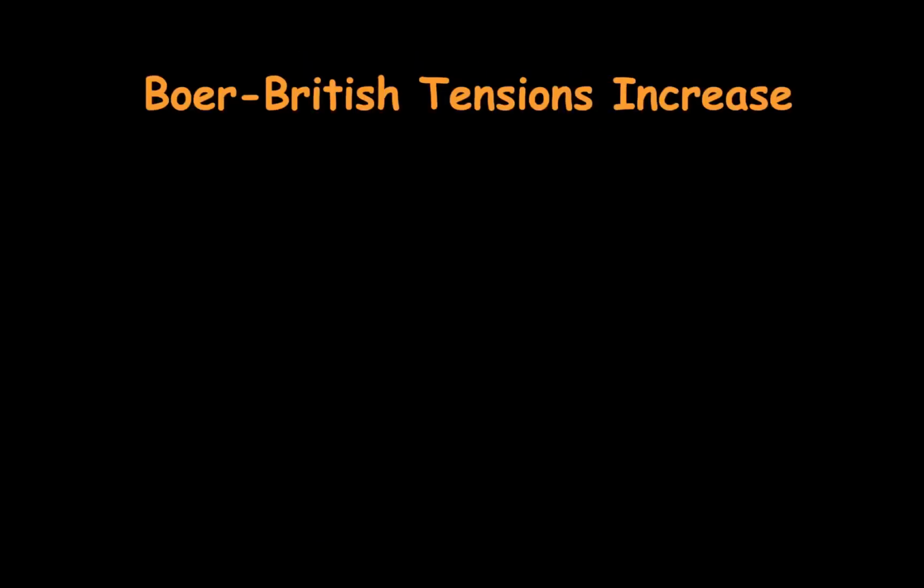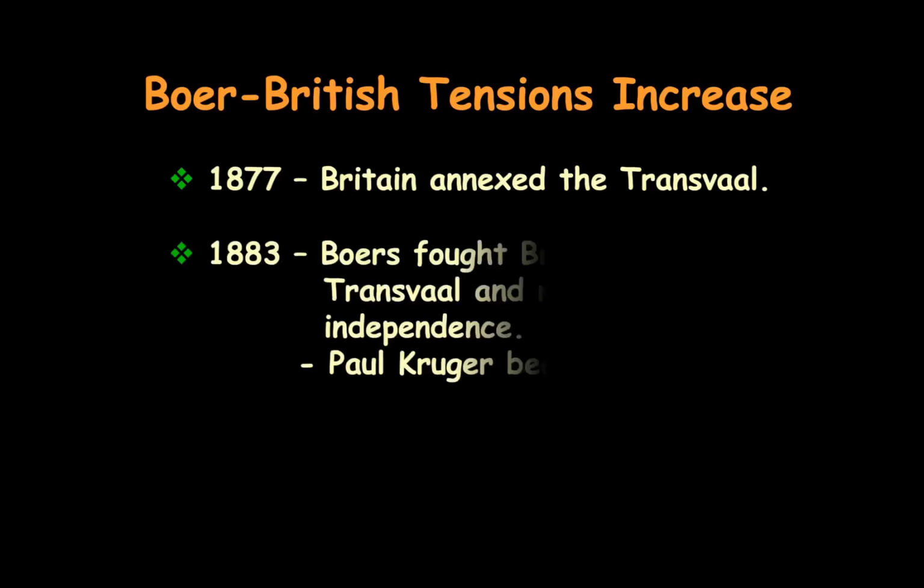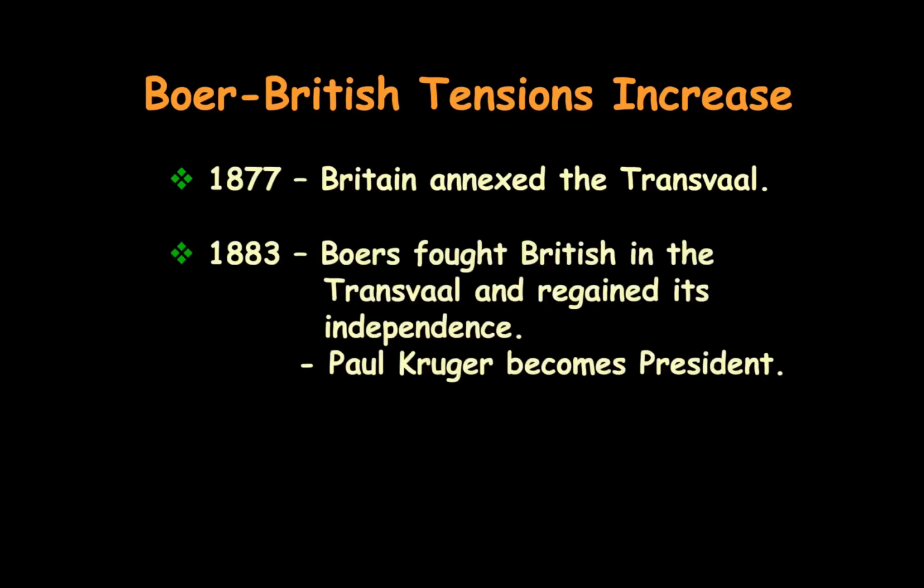Well, anyway, Boer-British tensions. The British who have taken over Cape Town want to take over more of South Africa, and they're going up against the Boer farmers. And so in 1877, the British are going to just take over all of South Africa, that country that we now know as South Africa, and there's going to be a war between the Boer farmers and the British. In the end, you guys, the Boers actually win.